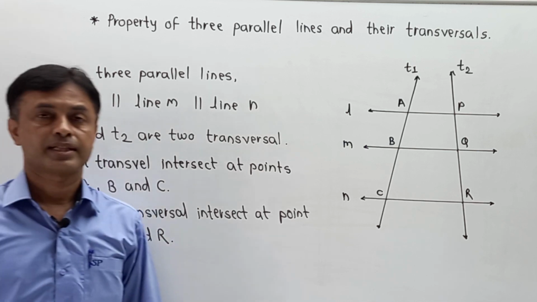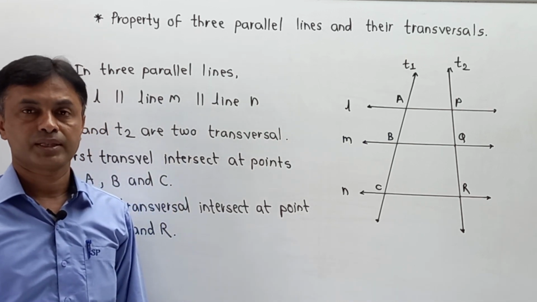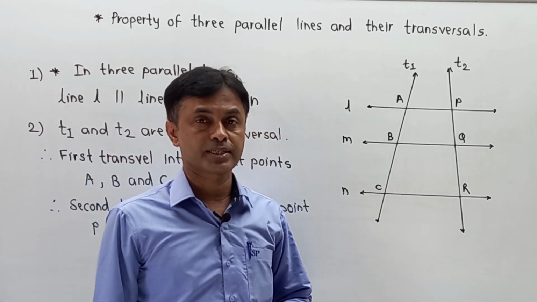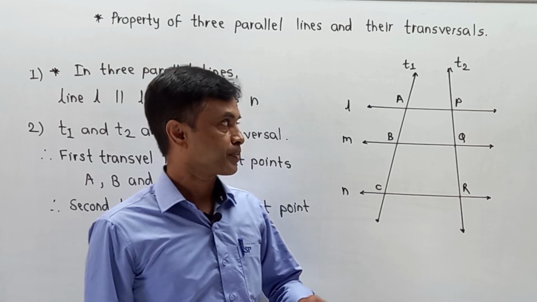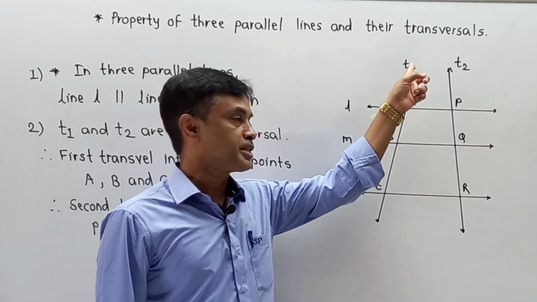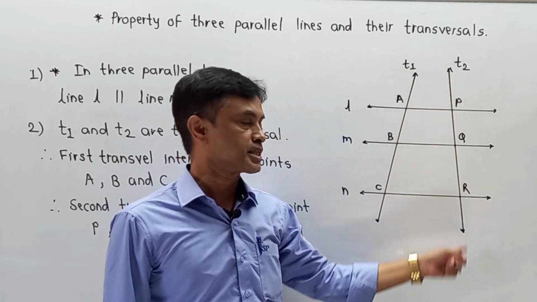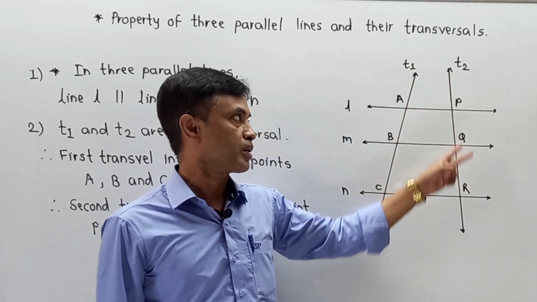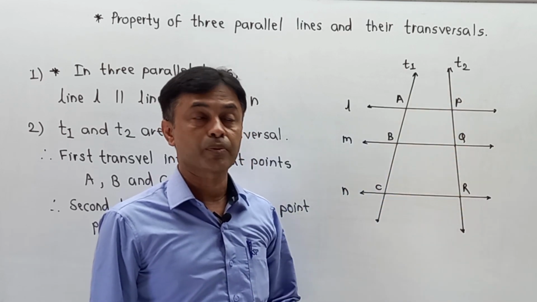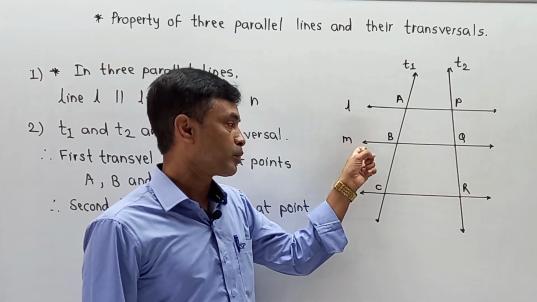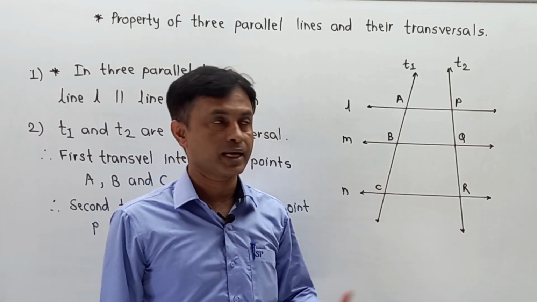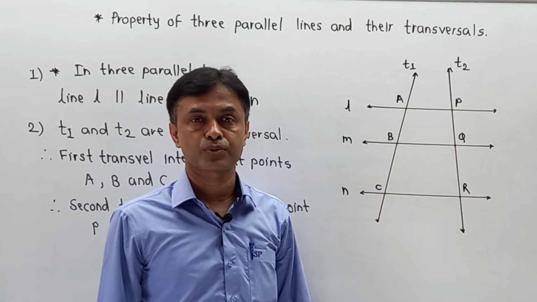And in this case, there is a correlation that is formed, which we have to prove. यहाँ पे एक correlation generate हो जाता है जो हमें prove करना है. Students, ध्यान से समझिए correlation आने वाला किस तरह है. We don't know about the structure of the line ABC or transversal T1. We don't know the structure of transversal T2 or line PQR. But we only know one property, that line L is parallel to line M, parallel to line N. यानी दिए गए तीन लाइन हमें पैरेलल दिए गए हैं. They do not have any specification about the transversals.